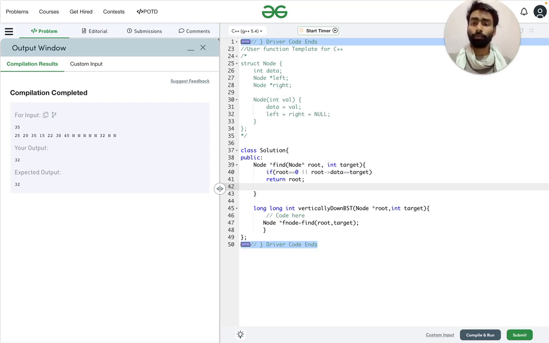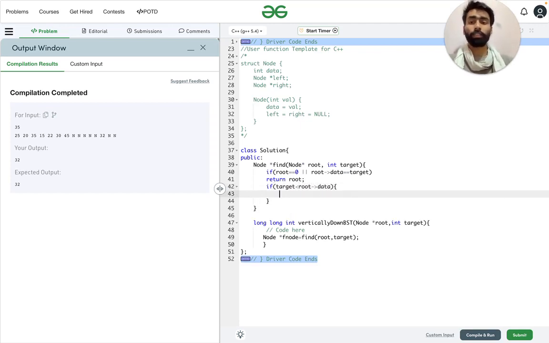if the target is on the left side or the right side. So we will first check on the left. If the target is lower than the root data, then we will recursively call the find method on the left part.